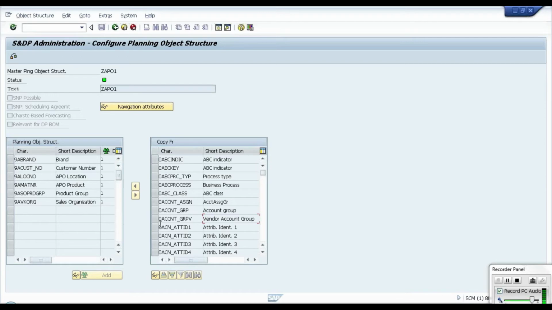The important thing is, you should not change the MPOS once it is active. If you want to change the MPOS again, we need to deactivate it, do the changes, and again activate it. By deactivating, whatever data is stored in the MPOS, we will lose everything. It means the total master data will be gone from the system. So that is the reason that after go live, 100% nobody will go for any changes in the MPOS. That is one important rule.